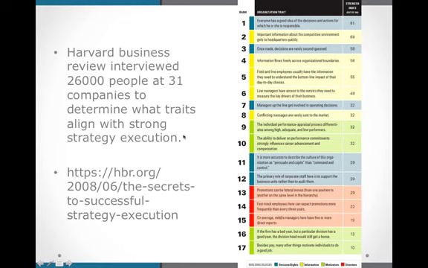So Harvard Business Review interviewed 26,000 people at 31 companies to determine what traits align with strong execution. You can see the article here. It's a 2008 article. But number one is everybody has a good idea for the decisions and actions for which he or she is responsible. So that means that everybody knows how they're contributing to the plan, and it's very clearly laid out and communicated. And that's why we have that